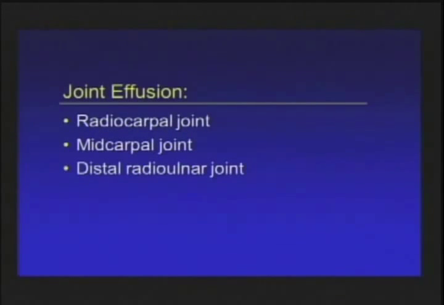So remember that there are 3 joints in the wrist. There's not one, there are 3. And we look at the radiocarpal joint, the midcarpal joint, and the distal radial ulnar joint. So when I'm looking for pathology, I'm looking at each of these spaces because you may only have pathology in